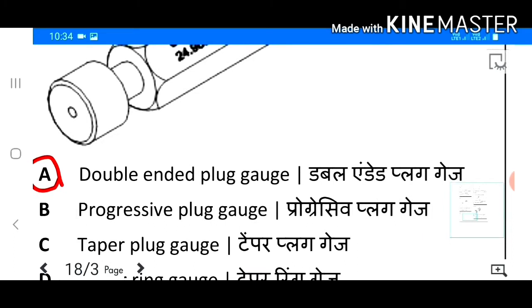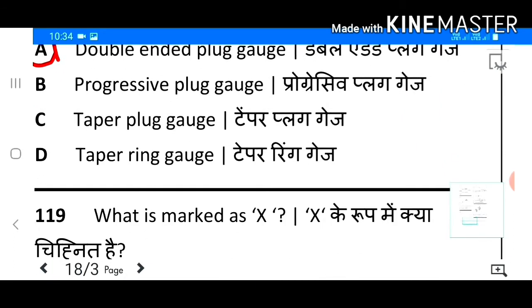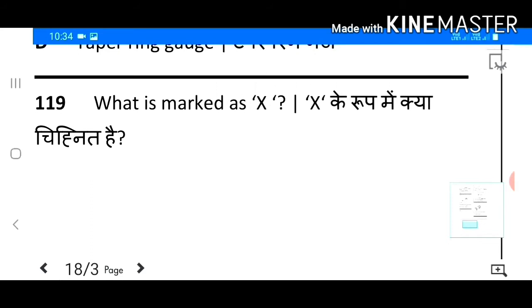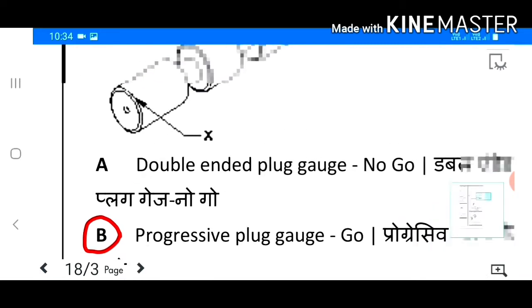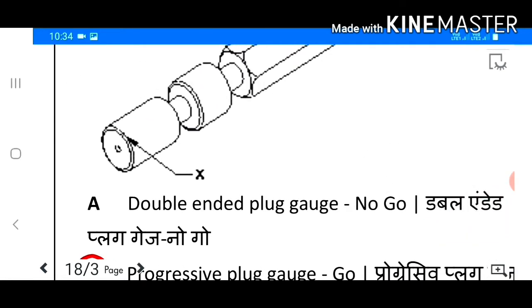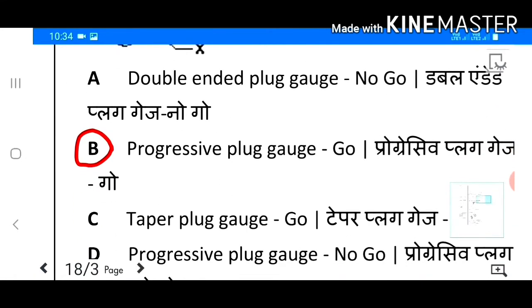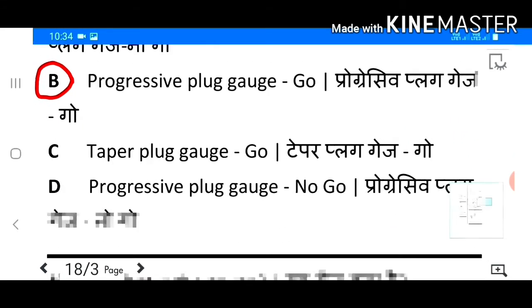Answer A. Double-ended plug gauge. 119. What is marked as X? Answer B. Progressive plug gauge.